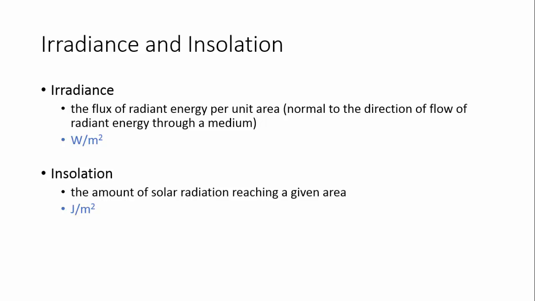This is also related to the radiation. That is the amount of solar radiation reaching the given area. The amount of solar radiation means it will be in terms of joules. It tells the energy. So the amount of solar energy received per area, that is the difference. Irradiance will be in the unit of watts per meter square. Insolation will be in the unit of joules per meter square. Sometimes insolation per unit area per unit time is also given. For example, if insolation per day is expected, the unit will be joule per meter square per day.